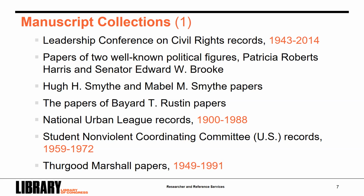These collections also include the Leadership Conference on Civil Rights Records, which is a civil rights organization, the papers of two well-known political figures, Patricia Roberts Harris, who was a diplomat and a cabinet officer, and Senator Edward Brooke, United States Senator, Hugh H. Smythe and Mabel H. Smythe, diplomats. We have the papers of Bayard Rustin, civil rights activist, the National Urban League Records, civil rights organization, the Student Nonviolent Coordinating Committee Records, a civil rights group, the Thurgood Marshall Papers, who was a Supreme Court Justice,